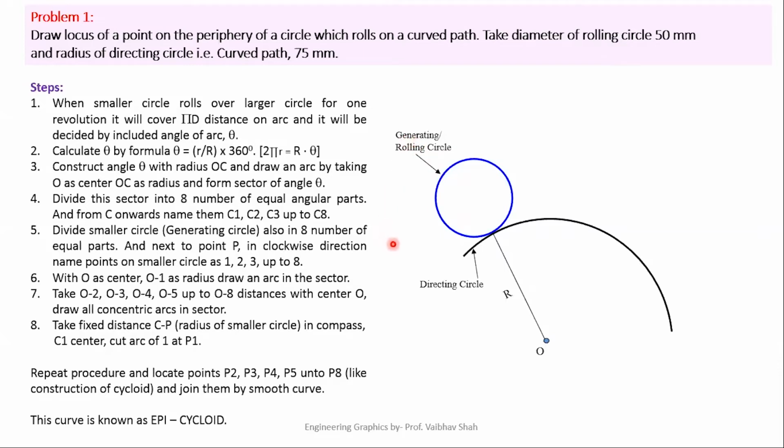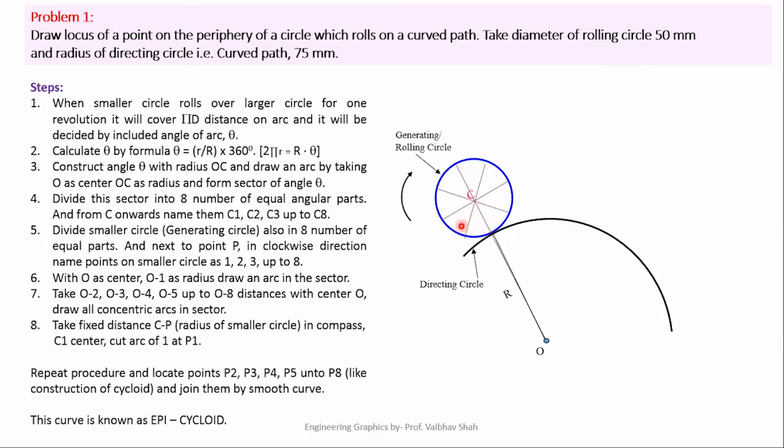Now, after that, let us define its rotation direction. It will rotate in clockwise direction, obviously, because it has to travel from this point to this point. So it has to compulsorily rotate in clockwise fashion. Now, let us extend this radial line like this. After extending this line, taking this line as a reference, we'll be dividing this circle into 8 equal parts. We'll draw one line 90 degree to this line from the center. After that, we'll be using 45 degree set square or protractor to divide this circle into 8 equal parts like this. We have drawn this line first.